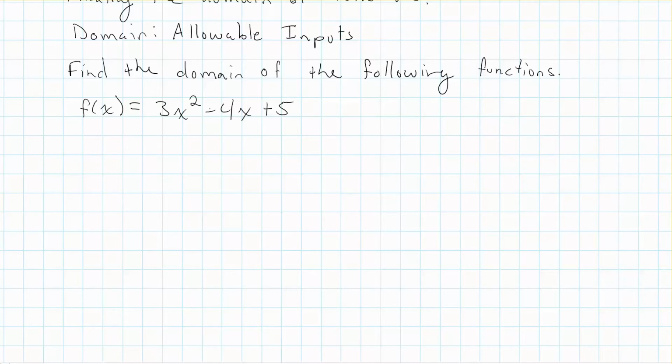3x squared minus 4x plus 5. Could I plug in any value for x and compute it? Well, we should convince ourselves pretty quickly that, yeah, I can put in any value for x and compute it. I can square any number. I can multiply any number by 3. I can multiply any number by negative 4, and of course I can add or subtract any numbers that I want to. So there's no restriction on the numbers here for the inputs. So the domain here is all real numbers,